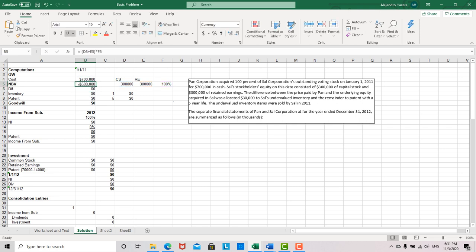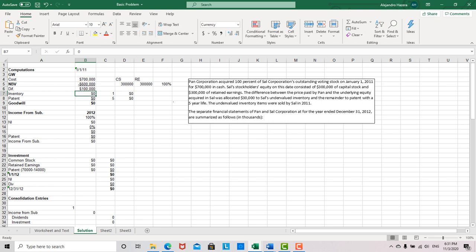So you're paying $700,000 for something worth $600,000. Here's one issue: why am I multiplying this times 100%? Because I want you to get used to the idea that in very short time, the consolidations we do are not going to be 100% acquisitions, but 80 or 90% acquisitions, which is called a controlling interest, because you control a company, and there's going to be a non-controlling interest of maybe 10 or 20%. And you've got to do the accounting for that too. So I want you to start getting ready for that type of thing. Anyway, so the total